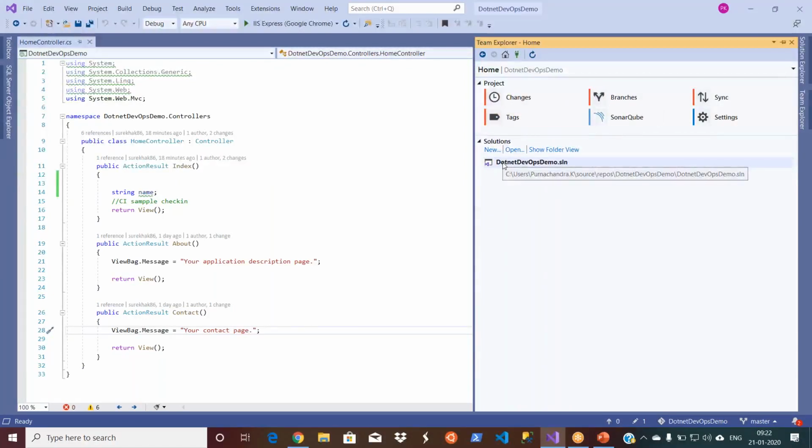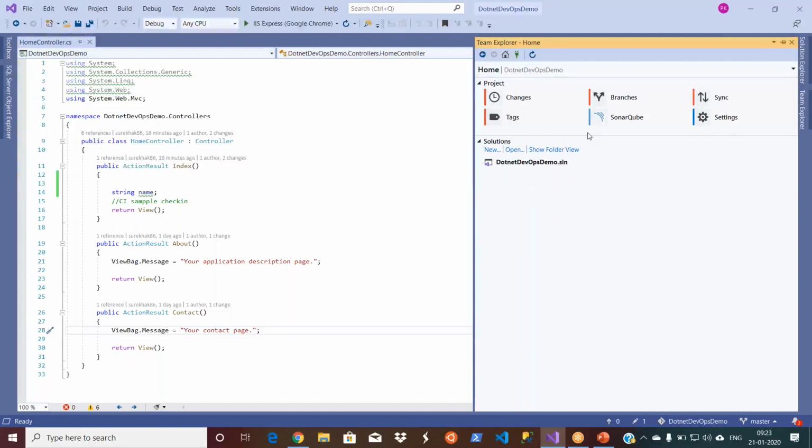But we will see it here. Probably I'm running from a normal user or something. So you will get two more options here. One is work items and then build definition. You can even queue the build from your Visual Studio as well, not only from the portal. So as I told you, whatever options you see on the portal, more than 90% will be available from your Visual Studio as well because it is tightly integrated with your server.